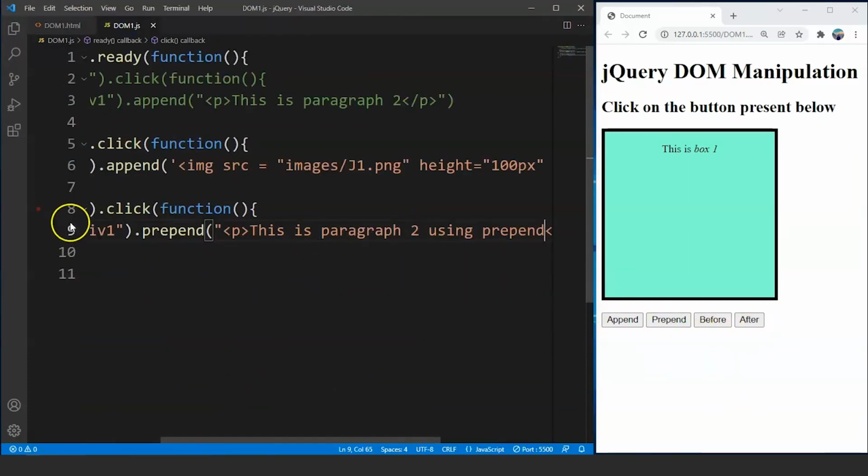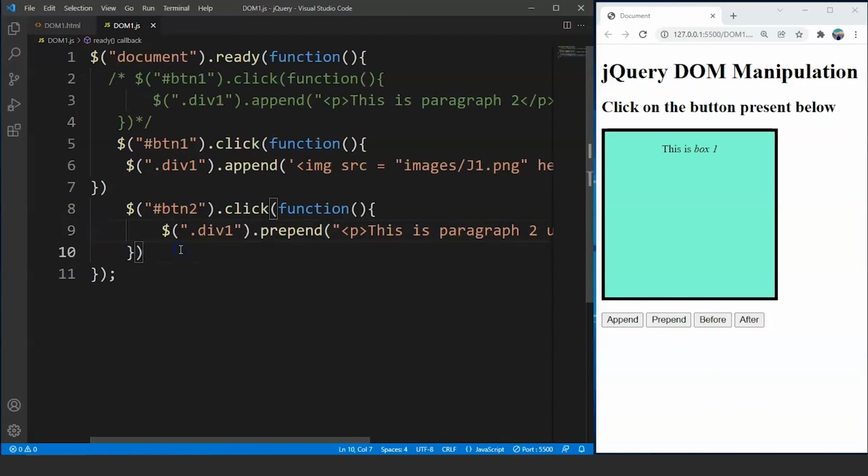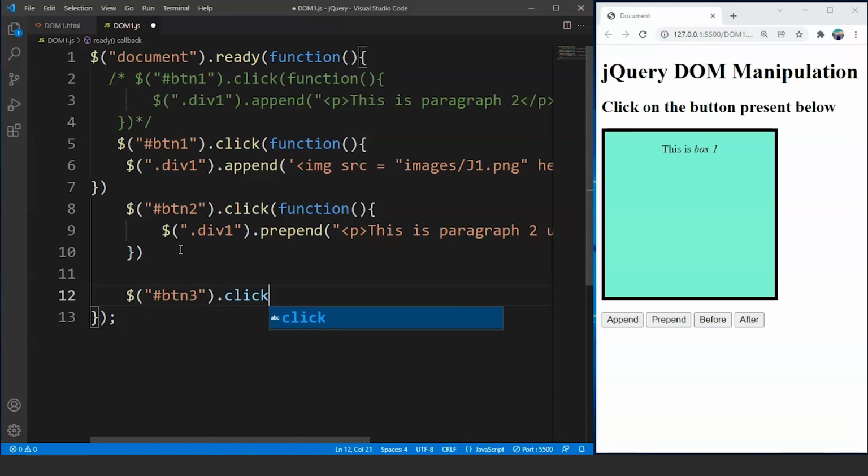So we'll write the code for before and after now. So what we'll do here is we'll use these buttons to add text to a HTML file. So for that we'll write here $, and then we'll again access btn3 for the before method. So we'll write here function and we'll create an anonymous function.